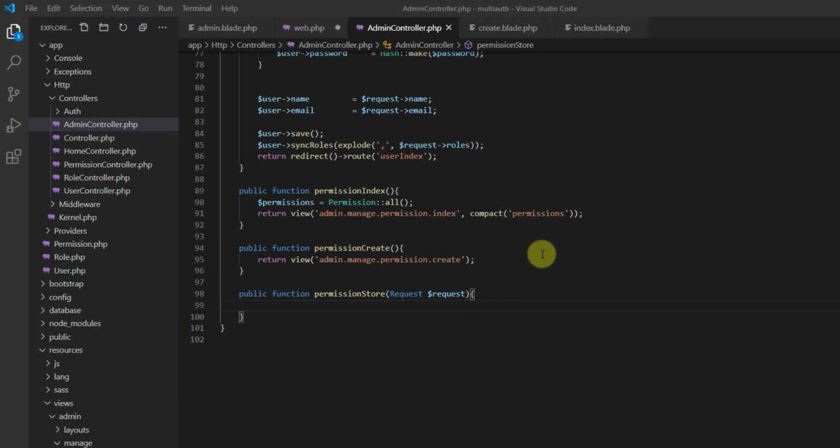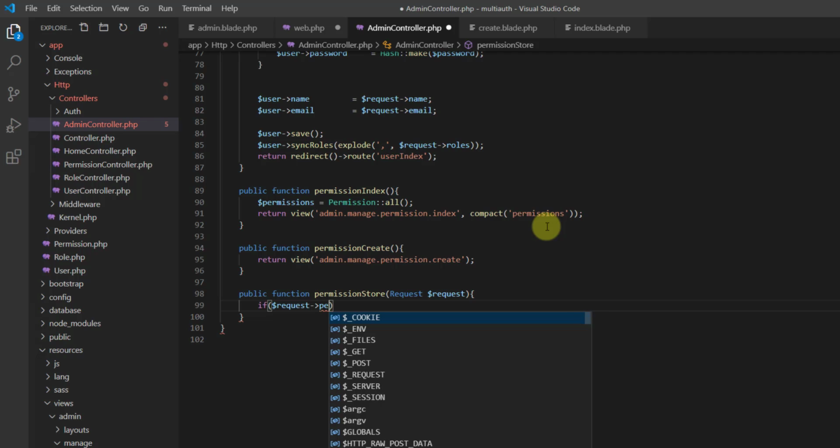So inside this method, let's first validate the data. For that, the first thing I want to do is check for the two values of the review button, because we want to check if the form is submitted by the permission type of basic or CRUD permission. So let's say if